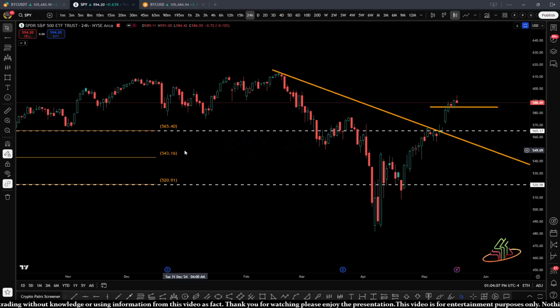I'm not saying that it's actually going to become the DXY, but it should decouple from the actual market movement into that DXY zone at some point